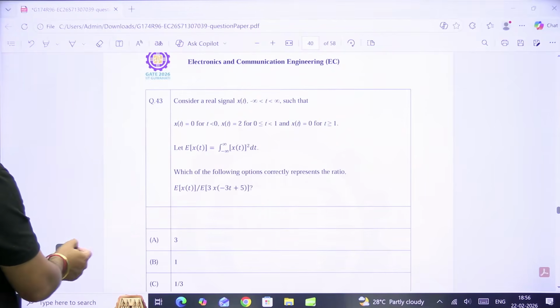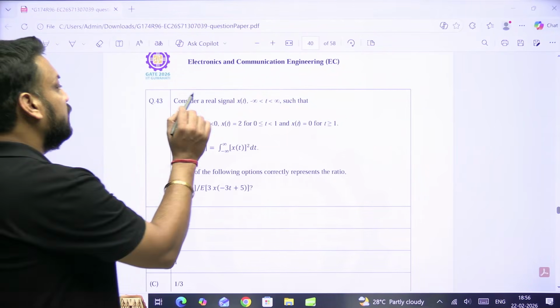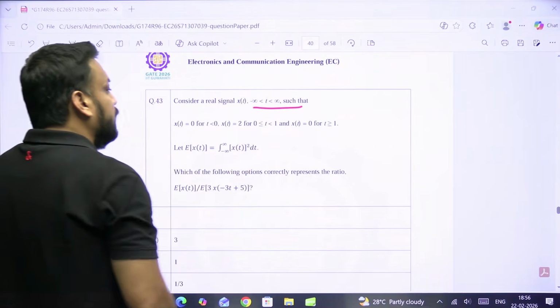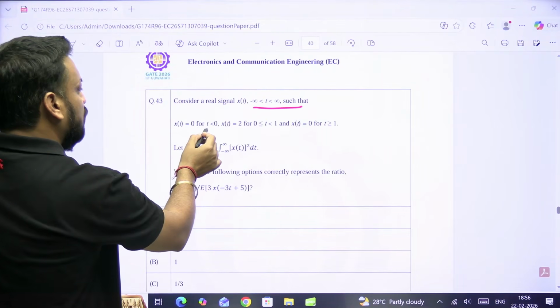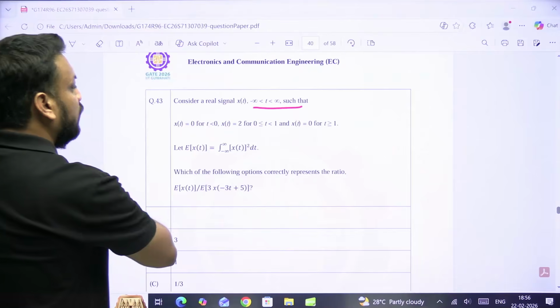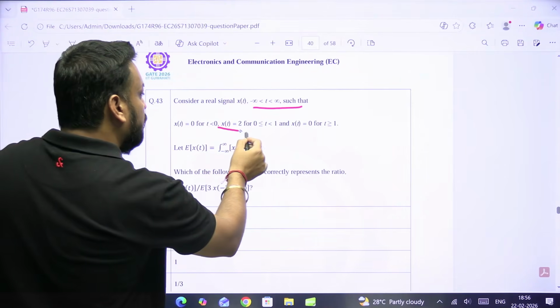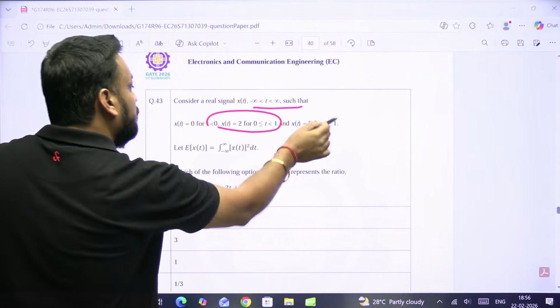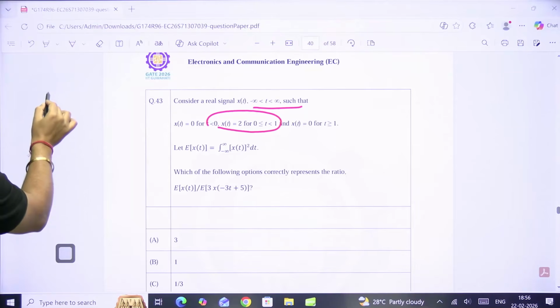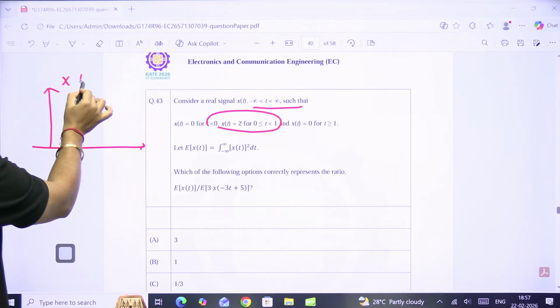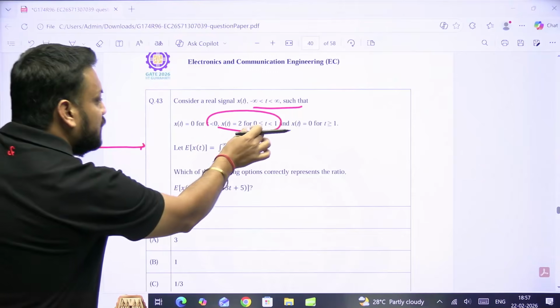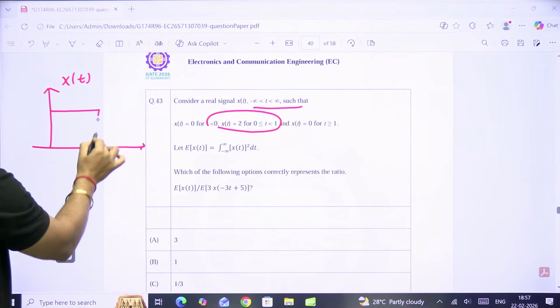चलिए बात कर लेते हैं क्वेश्चन की। तो बोल रहा है कि सिग्नल x(t) जो है वो लिमिट माइनस इन्फिनिटी से इन्फिनिटी है। ओके, और बोल रहा है कि सिग्नल x(t) इज इक्वल टू 0 व्हेन t इज लेस देन 0। और ये x(t) इक्वल टू 2 कब है? 0 से लेके 1, और बाकी भी 0 है, बाद में भी 0 है। तो मतलब ये है कि अगर मैं x(t) को ड्रॉ करूं, तो आपको एक रेक्टेंगुलर पल्स मिलना चाहिए 0 से 1।